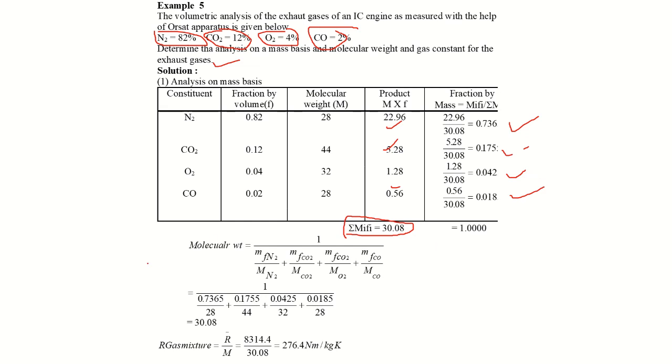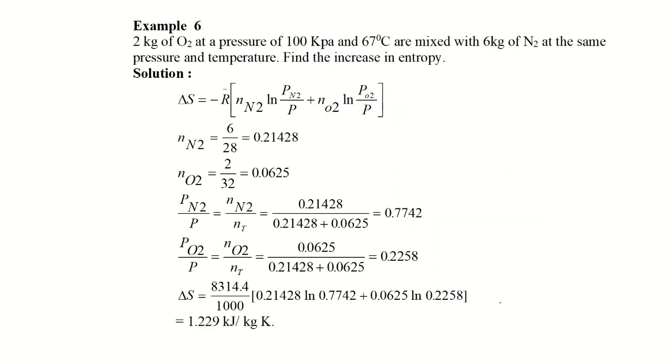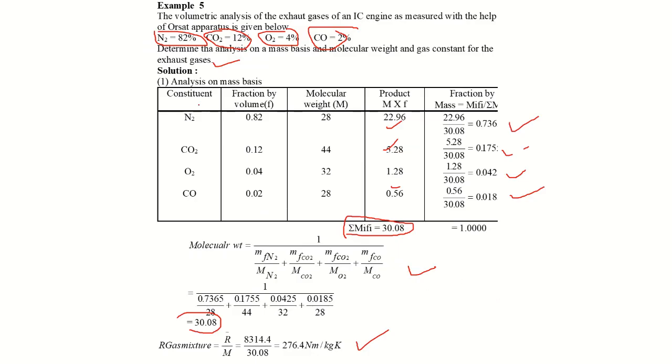Okay. So molecular weight is 1 by the sum of mass fraction over molecular weight; you know this equation already. So you know the mass fractions and you know the molecular weights. Do this, you will get the total molecular weight of this mixture of gases. For our mixture, you know the universal gas constant and the molecular weight, so you can calculate the gas constant. So that is what is asked: determine the molecular weight of the mixture, also the gas constant for the exhaust gas.